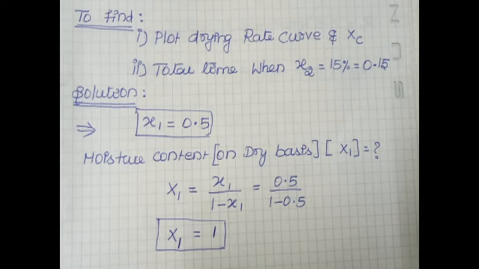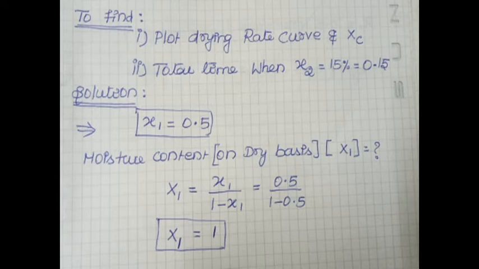Okay. So the solution part. Already I said in a drying problem, if the data are given in wet basis, we have to convert them into dry basis. Are you clear or not? Okay. Small x is taken as wet basis, capital X is taken as dry basis. Here all data are given in terms of wet basis, so first you should convert them into dry basis. The first one, small x1, the initial moisture content on wet basis. This is the given data. Small x1 is equal to 0.5. Are you clear or not?